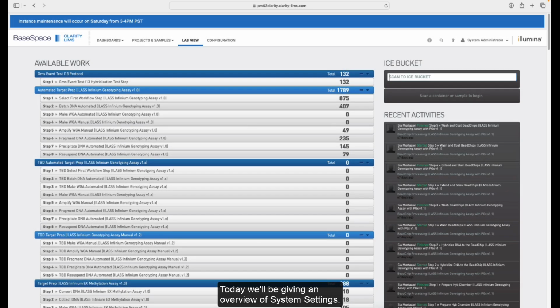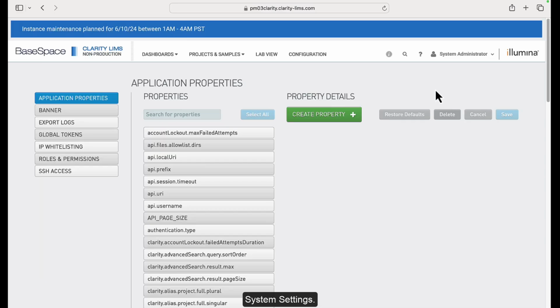Today we'll be giving an overview of system settings. To find system settings, navigate to the top right-hand corner of your Clarity instance, and under your profile, select System Settings. There are 7 sub-features within this, and we'll talk about each one of these in order,